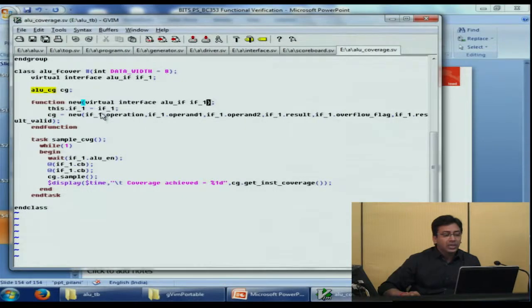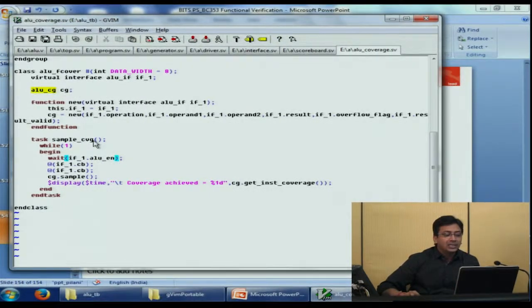One thing worth noting here is when do we sample the coverage? That is, when do we collect the coverage? We have decided what we want to cover and how we are going to cover. But when do we cover? Let's say the user wants to run 100 different scenarios on the DUT. Out of these 100, it is also a decision taken by the user when do I want to take a sample of the coverage? When do I actually want to check what has happened on the bus till now? That can be done at any point based on the event.